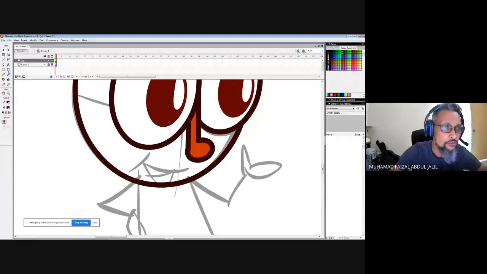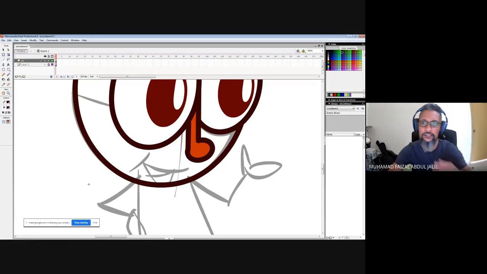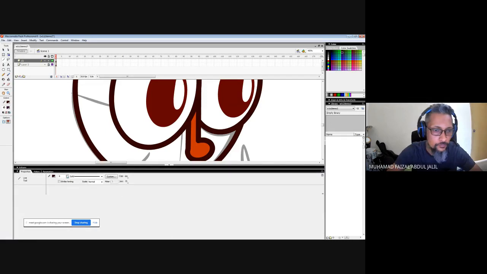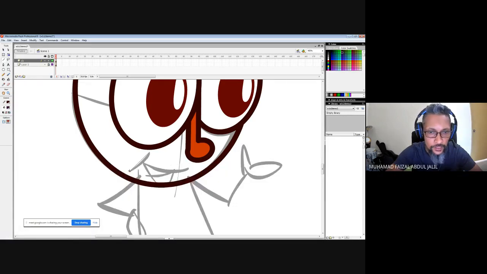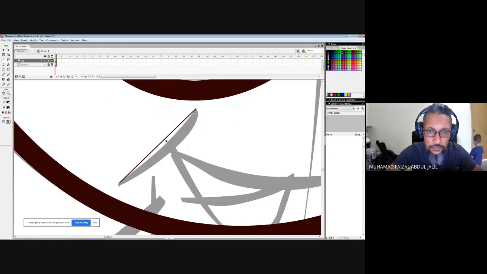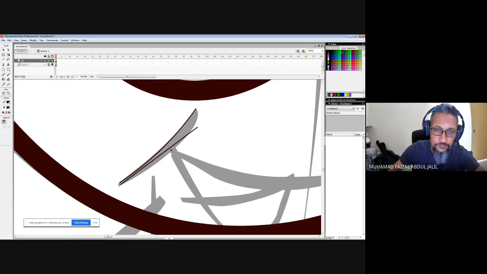Either you can, like you say you want to have strokes there, but you want to create a bit more of a quality of line to your design. So what you can do, adjust the size of the strokes here. Then I'm going to follow the way that I trace this one there.